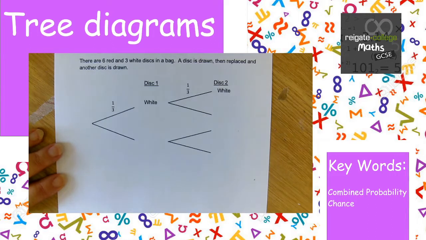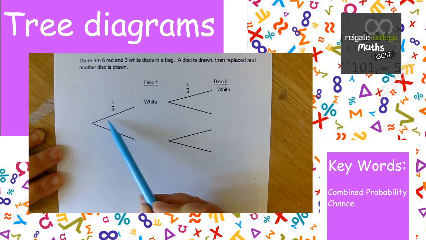We're now going to look at how completing a tree diagram can help us with combined probability. In this scenario, we have 3 white discs and 6 red discs in a bag. It says a disc is drawn and then replaced by another disc, and we need to complete the probability tree that we've seen below. Using the fact that all probability is out of 1, we can see that if it's